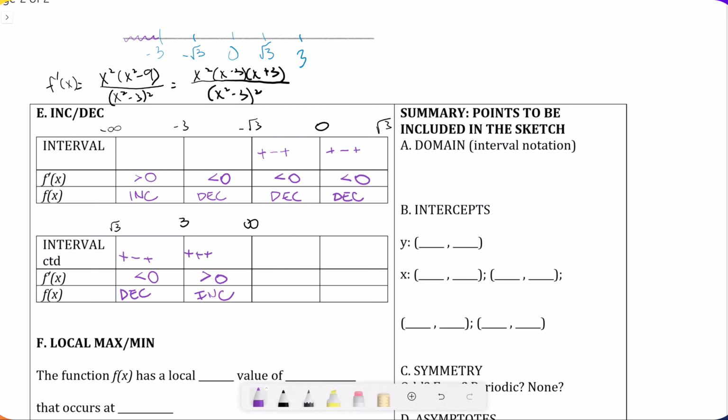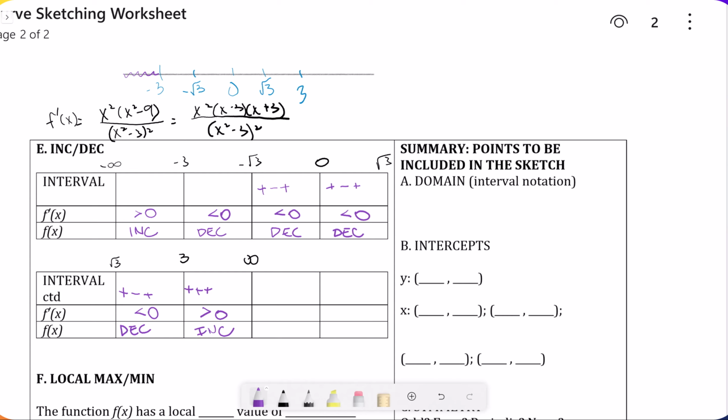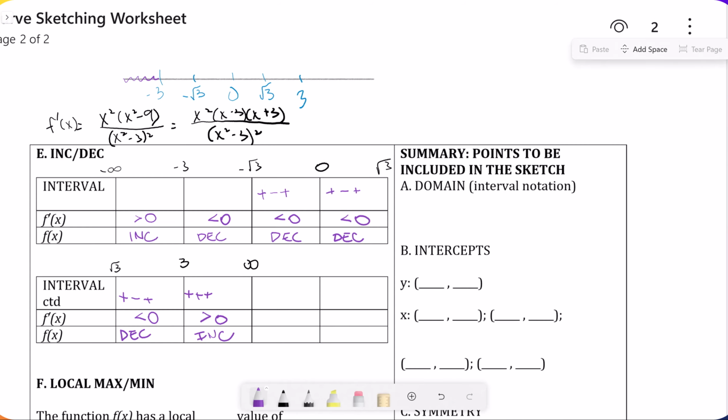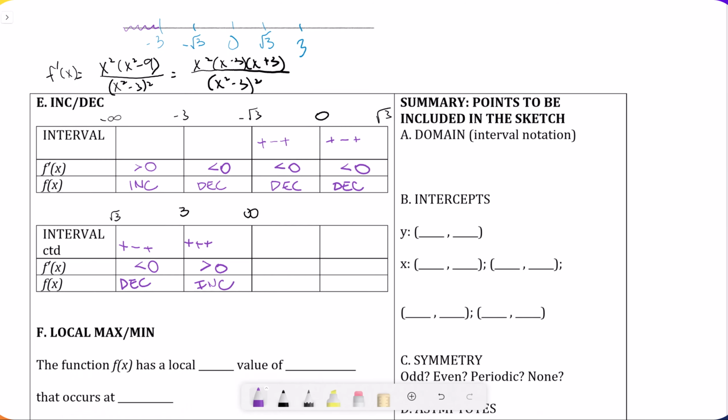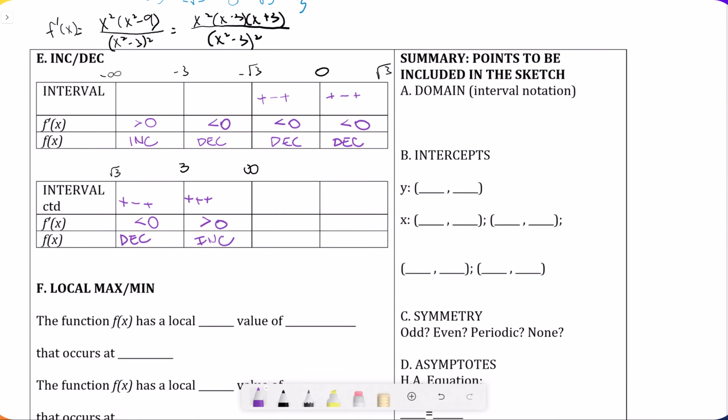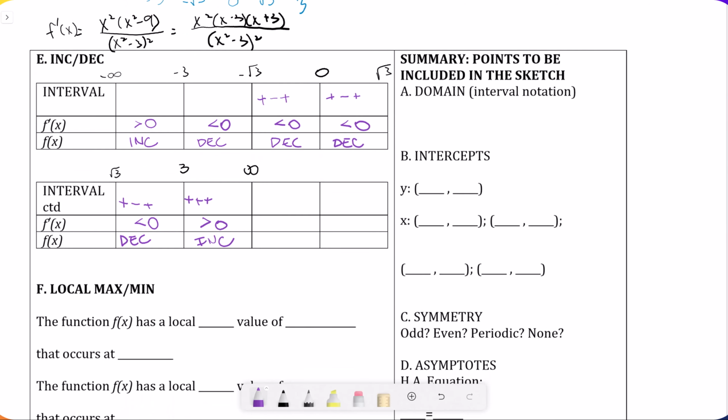Now the thing about it is we can use this to help us identify where we have potential maxes and mins. Why? Because if I'm increasing from negative infinity to negative 3, that means I'm going like that. But if I'm decreasing from negative 3 to negative radical 3, now I'm decreasing, right? So if I'm going from increasing to decreasing, that means we have a peak, right? So a local max. That's what we call the increasing decreasing test. Look at where you're going from increasing to decreasing, right? So the function has a local max value